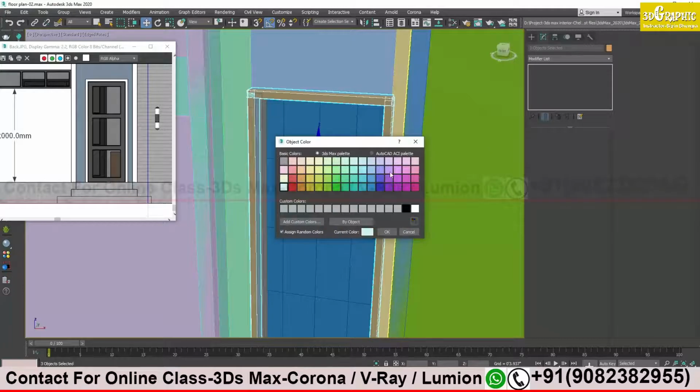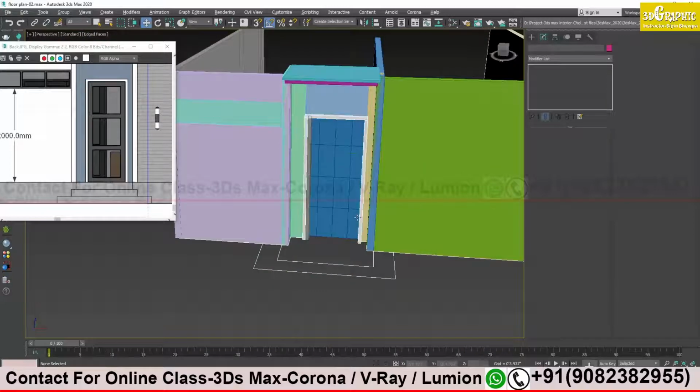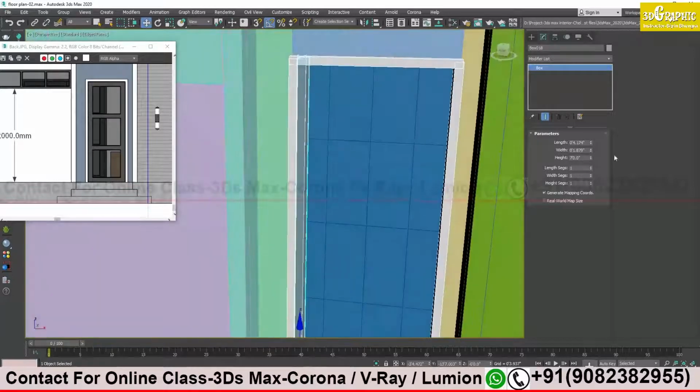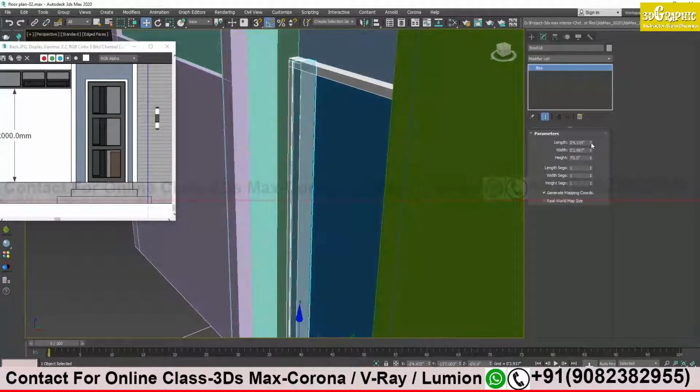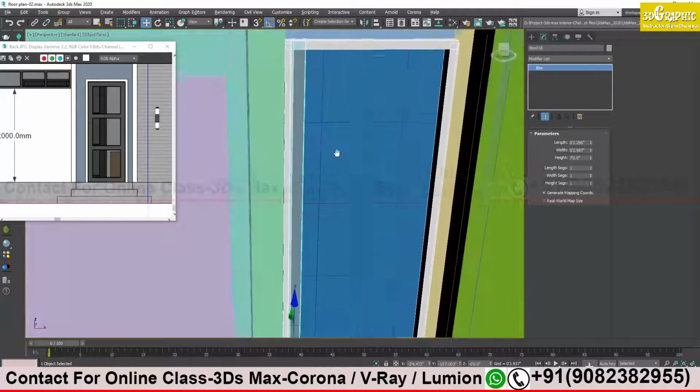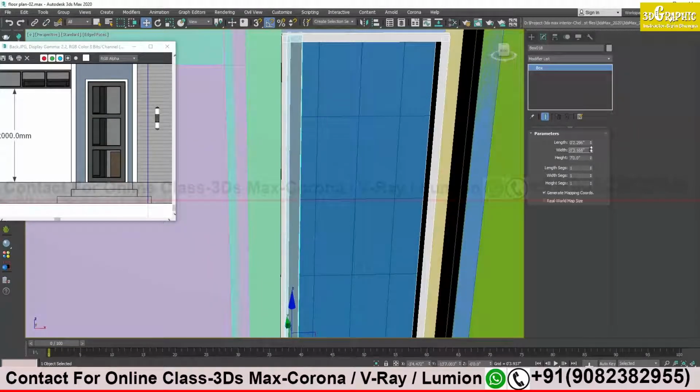Okay, white color is there. It should be brown, and the width is a little bit thicker than the white one. So let's change the width. This will be like this, and a little bit like this. Just adjusting the size.